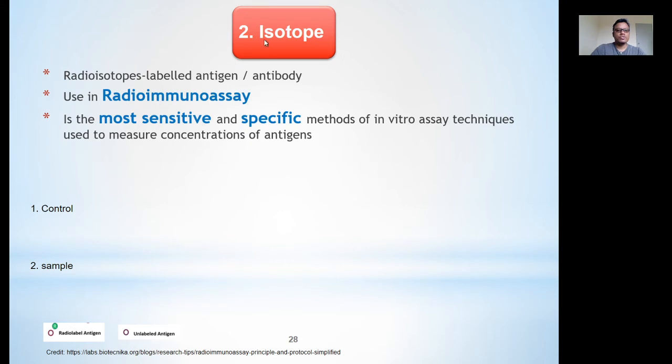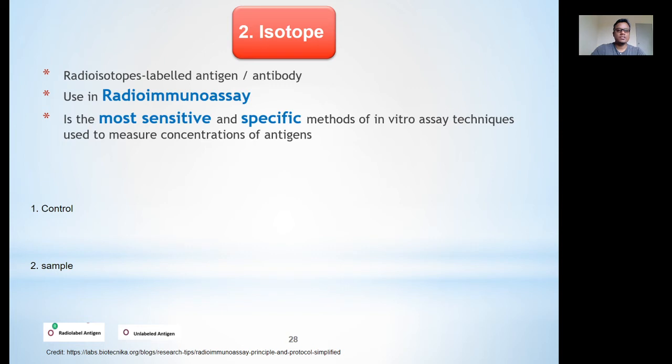Radioimmunoassay using isotope is the most sensitive. It is the best method in identifying antigen or antibody, and it is a very specific method of in vitro assay techniques, and it can be used to measure the concentration of antigens. And we can measure how much, if the antigen is a virus, how many viruses are there in the patient blood,